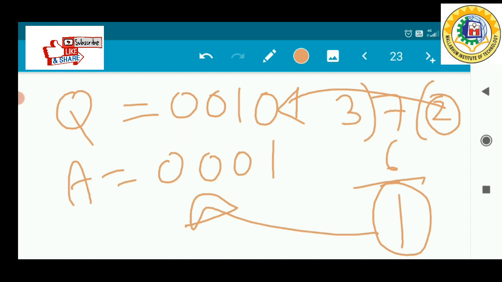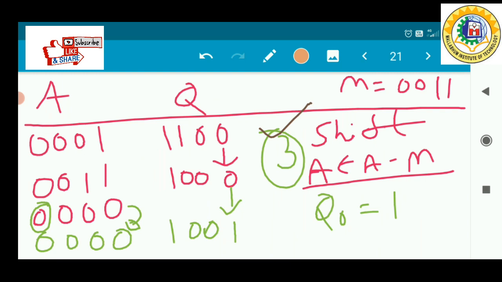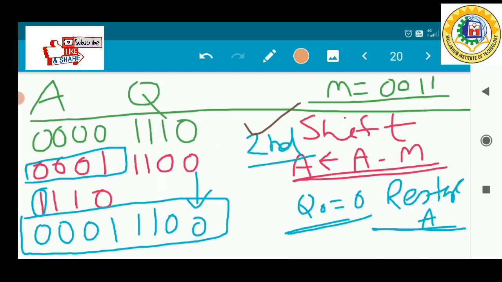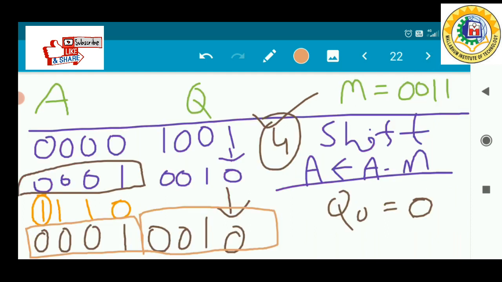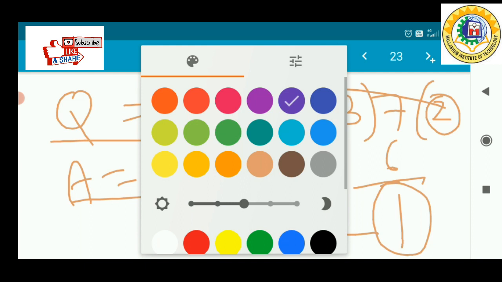So with the help of this restoring division example, which is a very beautiful example, the computer will perform the operation this way. I have discussed the flowchart and also a practical example. Later you can take any number of examples you want, so that you can solve this in your exam. Okay, so that's all.